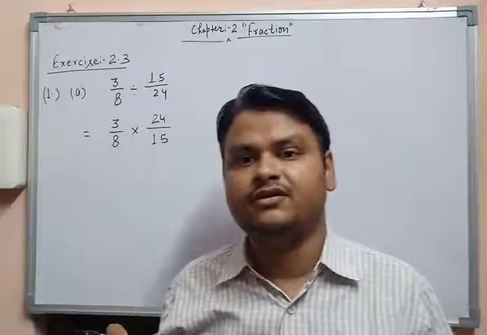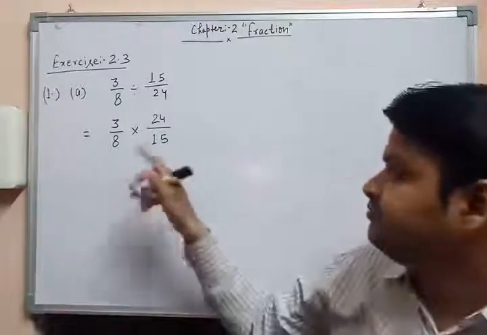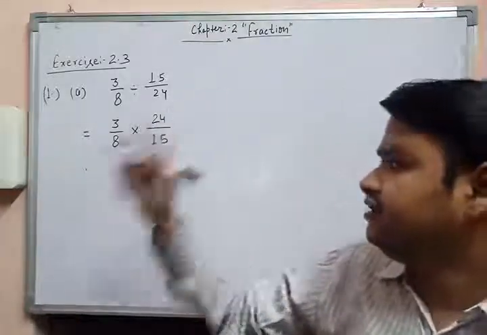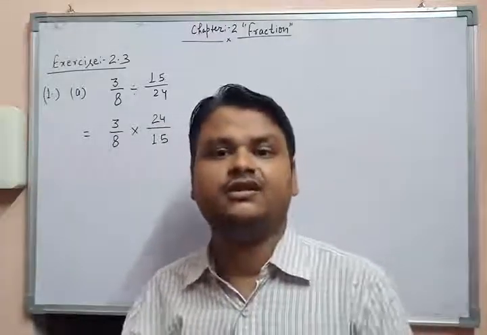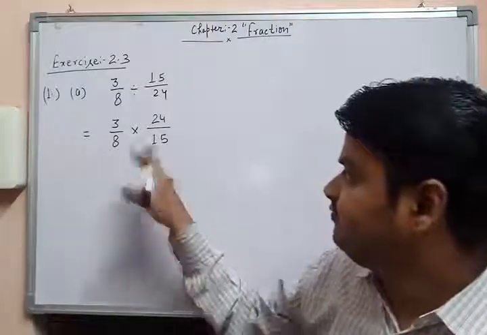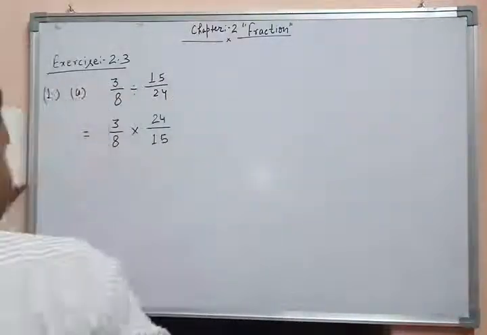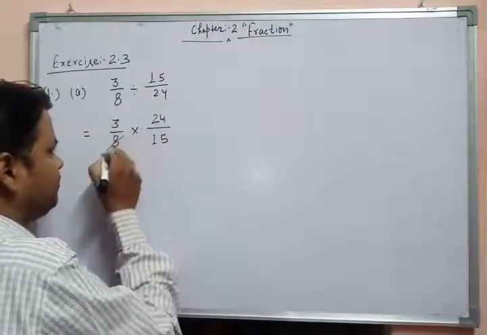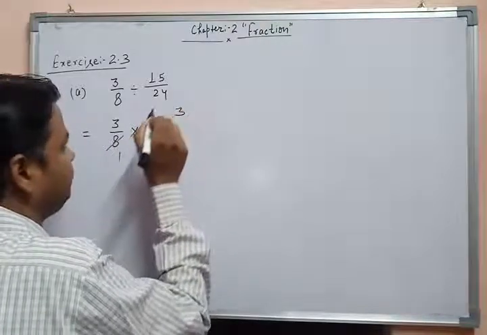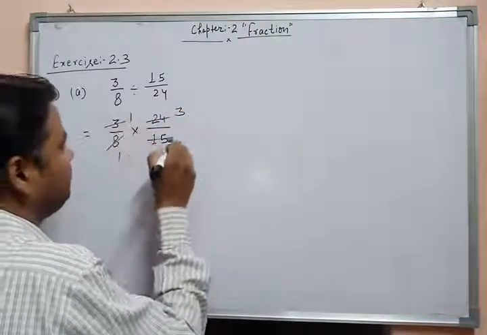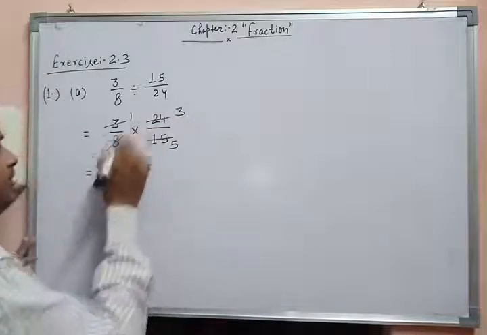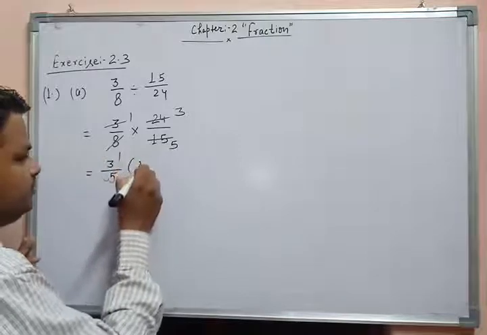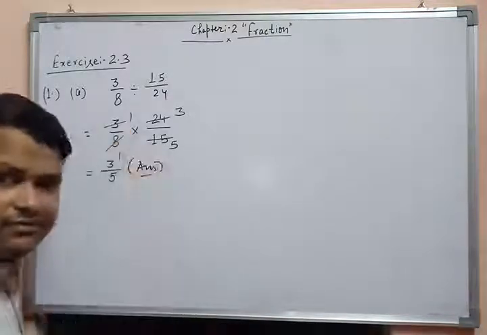So students, this is now the example of multiplication of a fraction by a fraction, and I gave the concept in the previous video that first of all you have to check whether any numerator or any denominator cancels with another. If they cancel with each other, then first of all you have to cancel like this. 8 1s are 8, 8 3s are 24, 3 1s are 3, 3 5s are 15. Then we will get 3 1s are 3 and 5 1s are 5. Now this is the answer. So it is a very easy question.